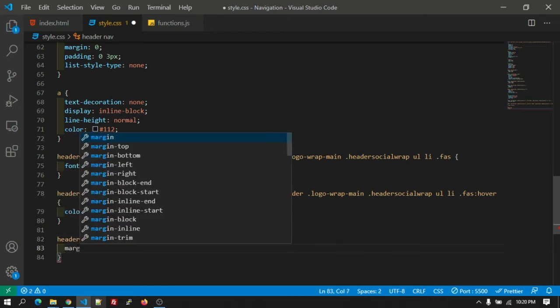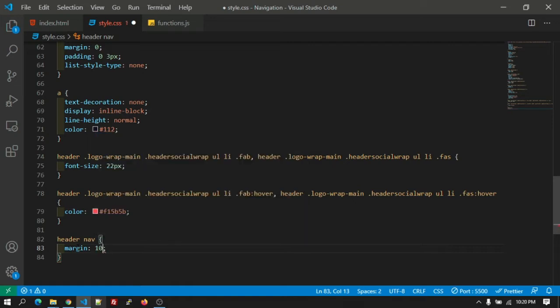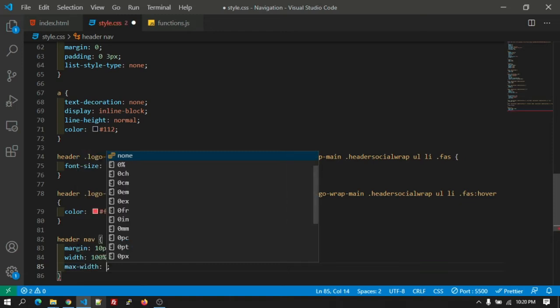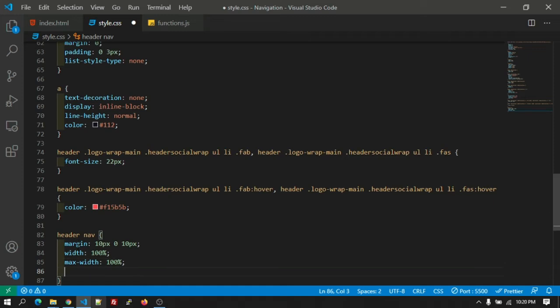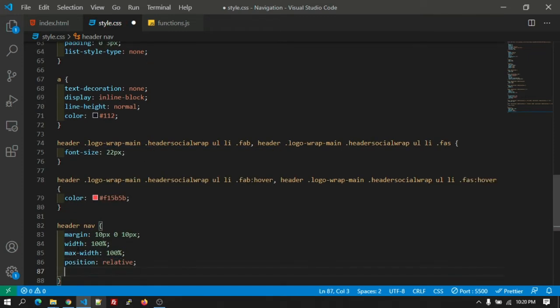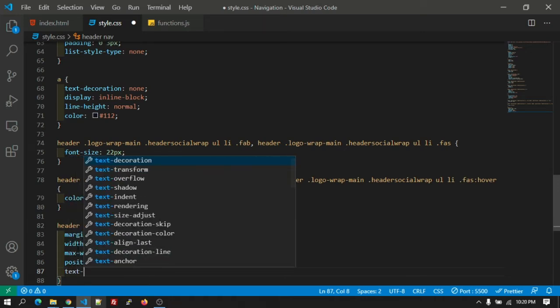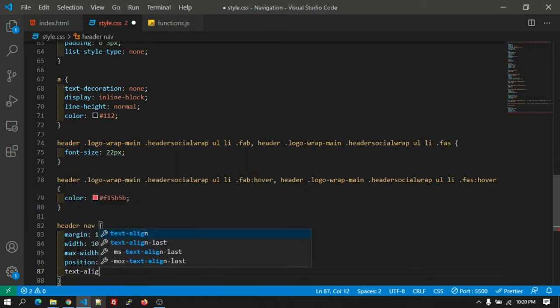Then let's give the margin as 10 pixel 0 and 10 pixel, and the width will be 100% and max width 100%, and position will be relative and text align center.